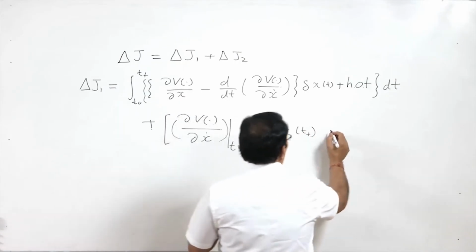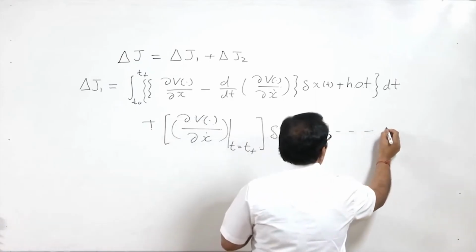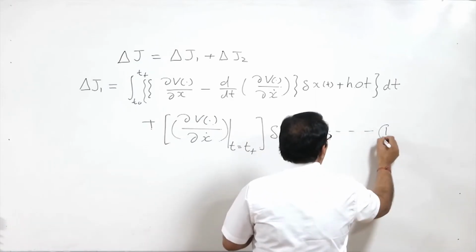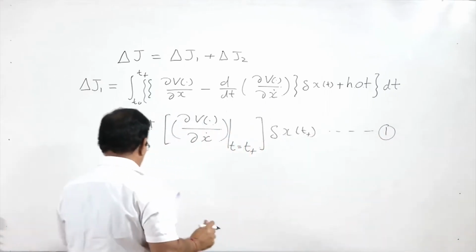So, this we have written as the delta J1, which I am saying equation number 1,